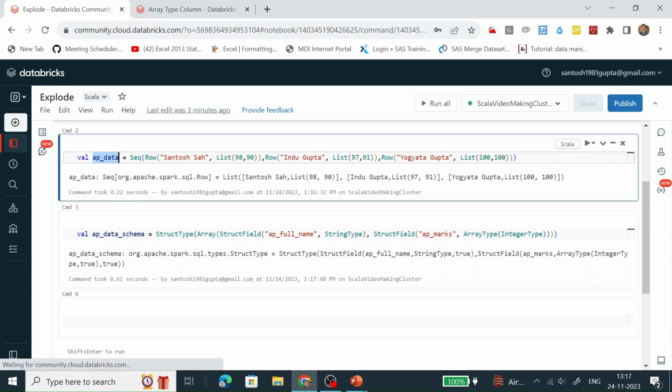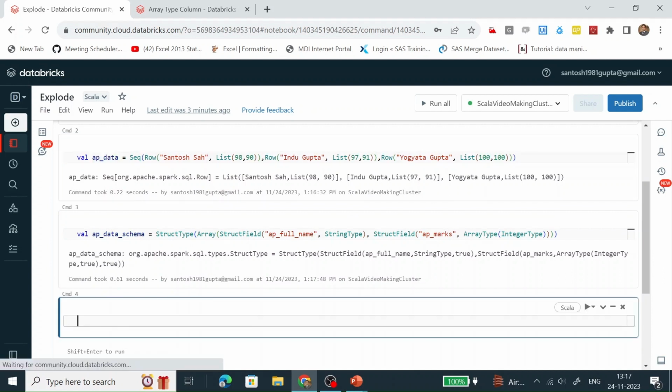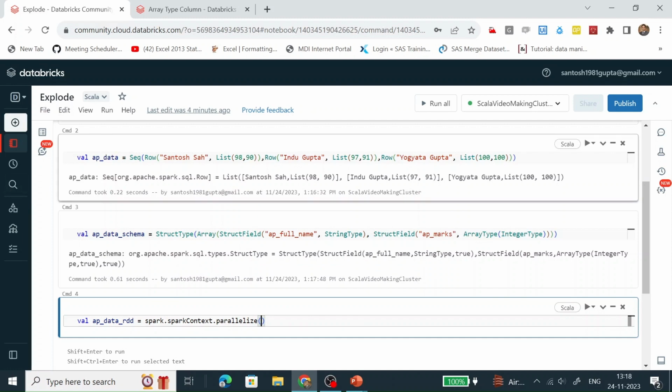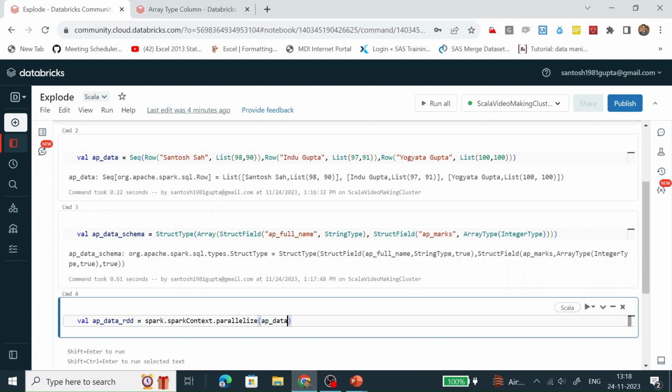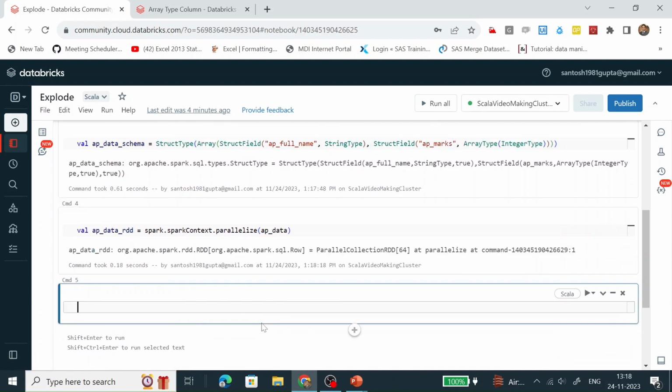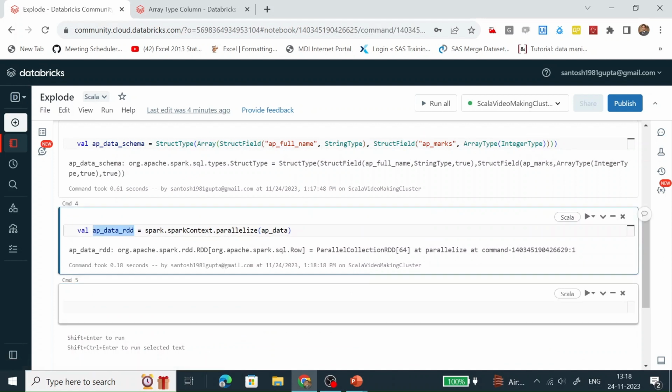Let's create an RDD object based on this AP data. We create the RDD with the help of the parallelize function, passing the object which holds the data. This RDD has been created successfully.